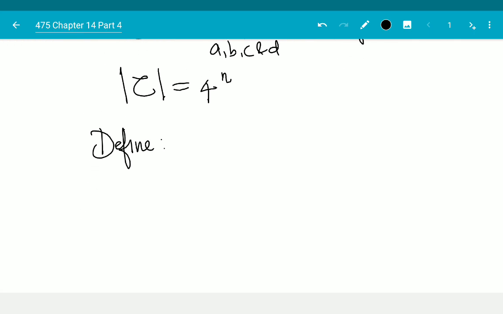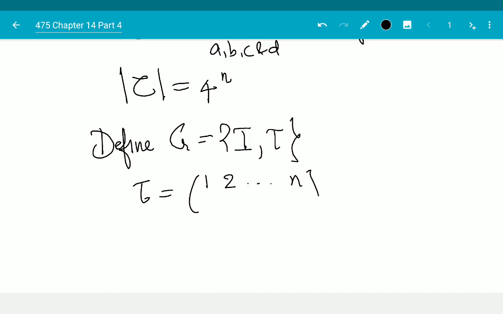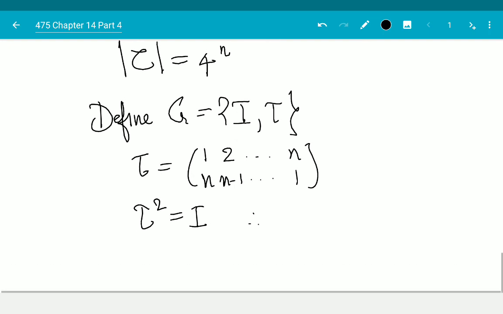And so I can say my group is, define G equal to I comma tau. I'm going to use tau because I keep drawing tau. So tau in this case is 1 2 dot dot dot n, and n, n minus 1 dot dot dot 1. Great. Tau squared we know is identity,